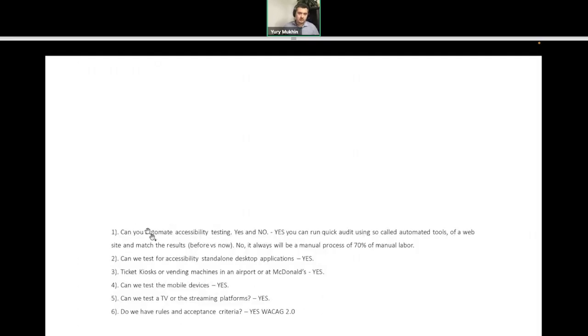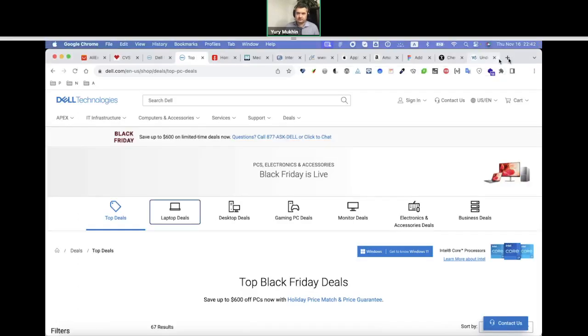Okay, can we actually automate accessibility testing? This is a question. Yes and no. Yes, we kind of can run quick audits using so-called automated tools. Probably some companies have their internal tooling, but usually, talking in terms of automation, I refer to the X,